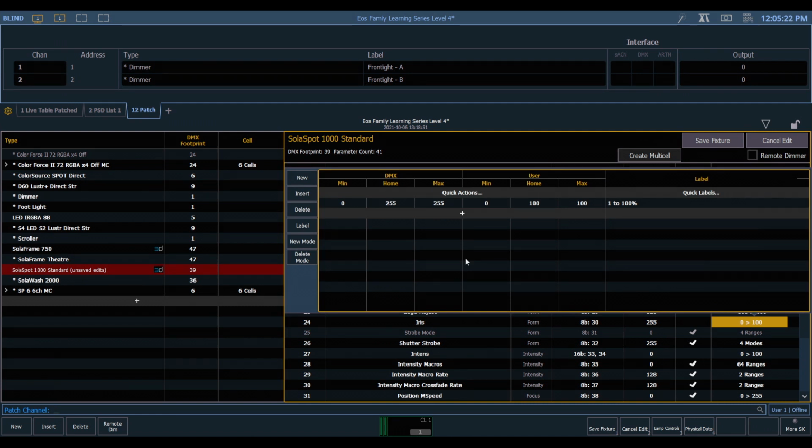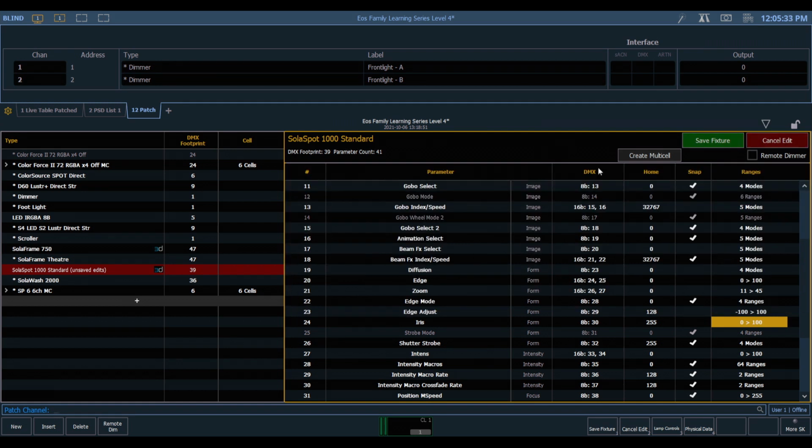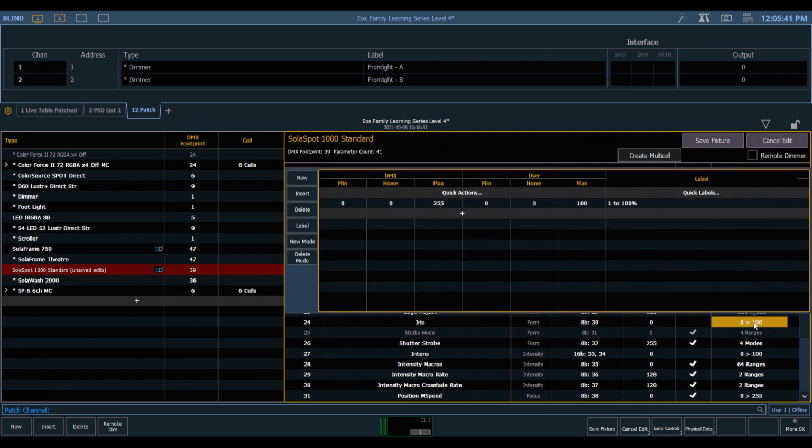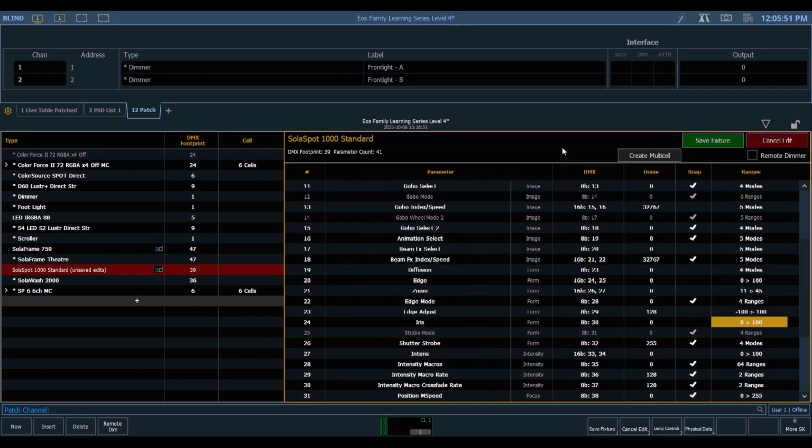So the DMX minimum is 0, max is 255. It homes at full as well. And then the user values are simply 0 to 100. So pretty simple and standard range there. So if we come out here and change our home to 0, and then check our range again, you'll see that this has also changed. So our user home is now 0, as well as our DMX home. We'll close out of there. So while it is possible to change home values here in the fixture profile, and that may be valuable if you use fixtures and you know you always need the home value to be different.